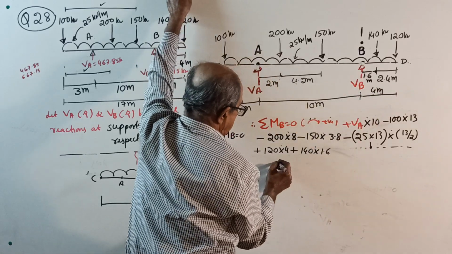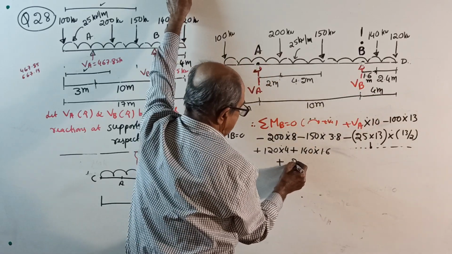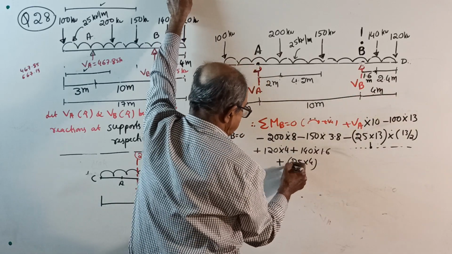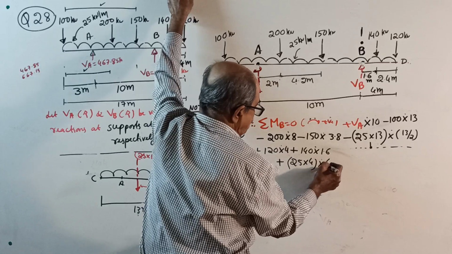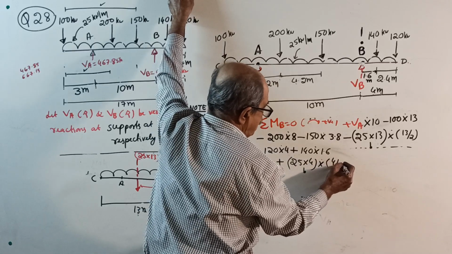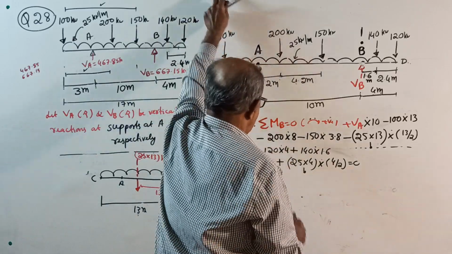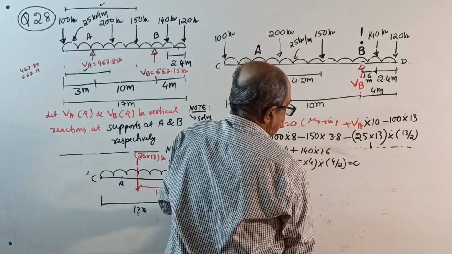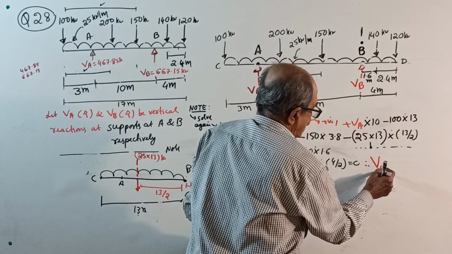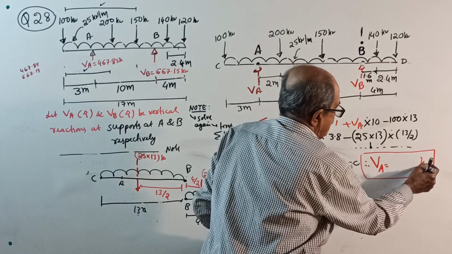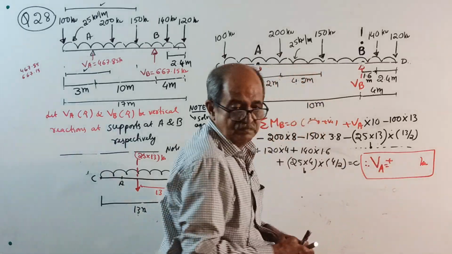Then lastly, plus 25 kilonewton per meter for 4 meter, already explained just now here, into the total load into 4 by 2 equal to 0. All over 200, 150, 120, 140, all equal to 0. Therefore, you get the value of VA first. VA will come in kilonewton. It will come plus